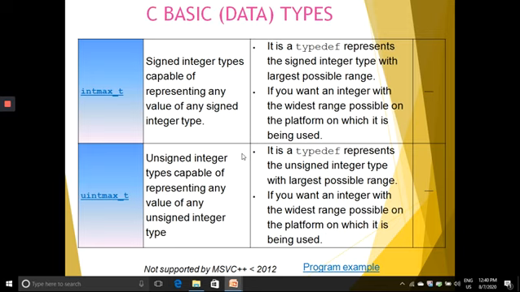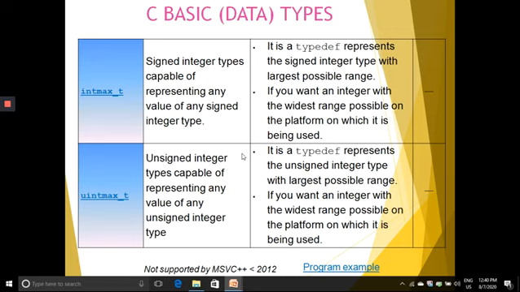Now we have intmax_t, a signed integer type capable of representing any value of any signed integer type. It is a typedef that represents the signed integer type with the largest possible range.